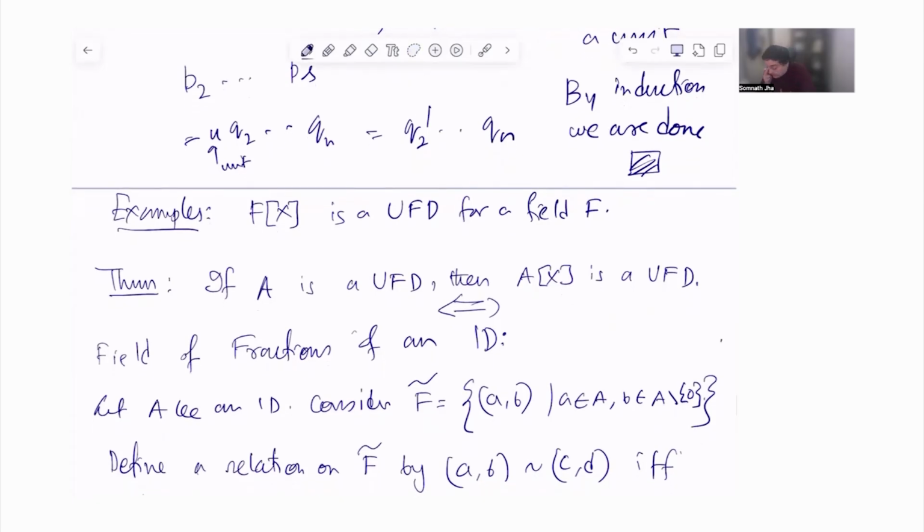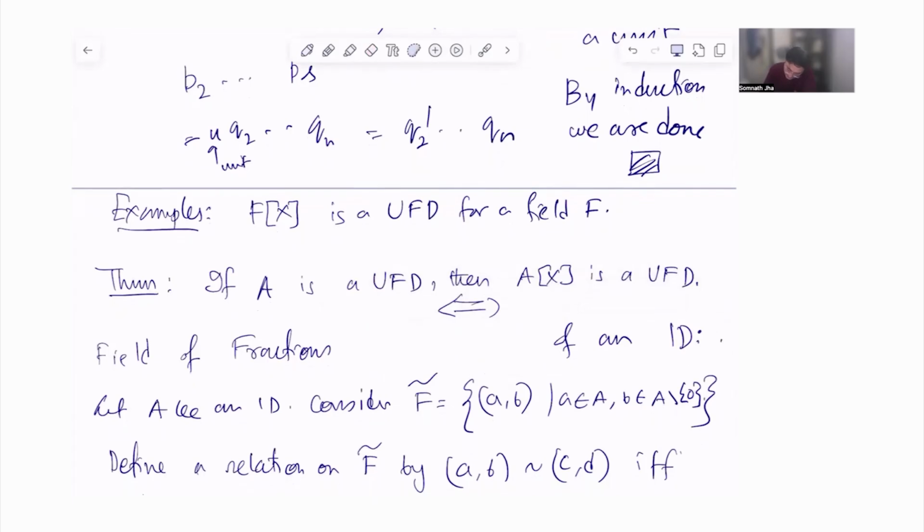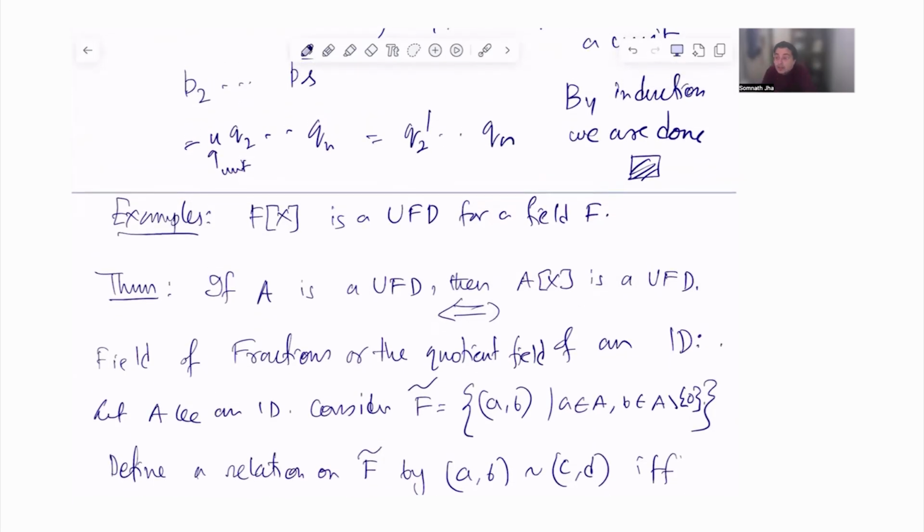Then the field of fraction is like, so you have Z is an integral domain, and the field of fraction, the quotient field, is Q. So more generally, we can talk about this for the field of fraction or quotient field of an integral domain. So let A be an integral domain, and you consider F tilde, the set of (a, b),